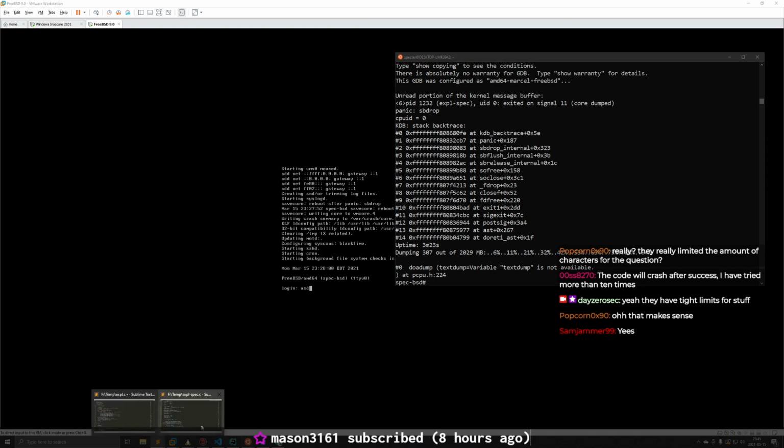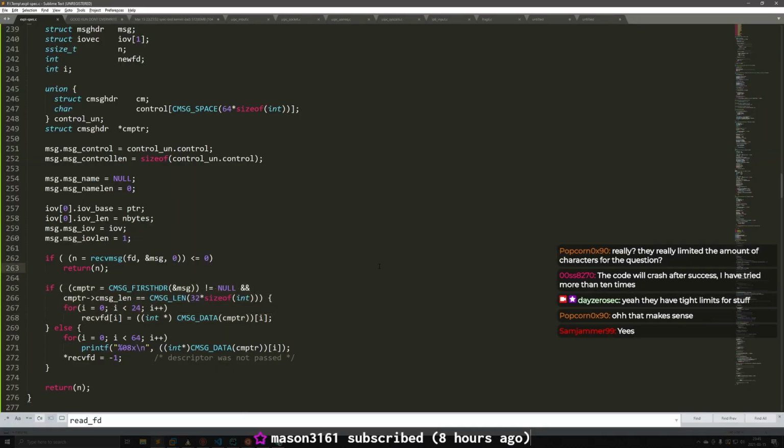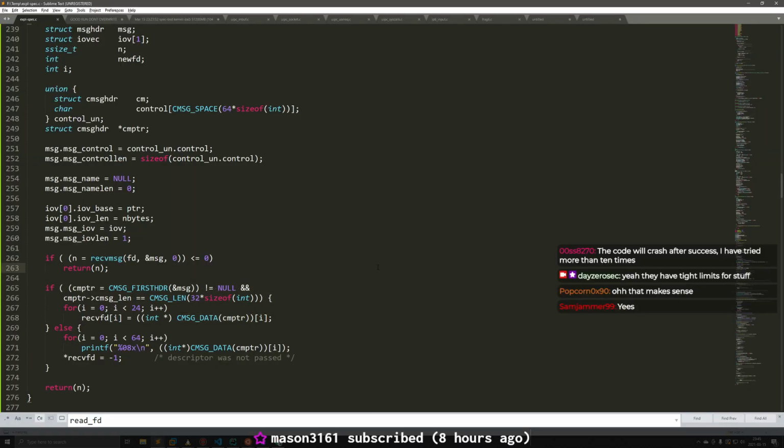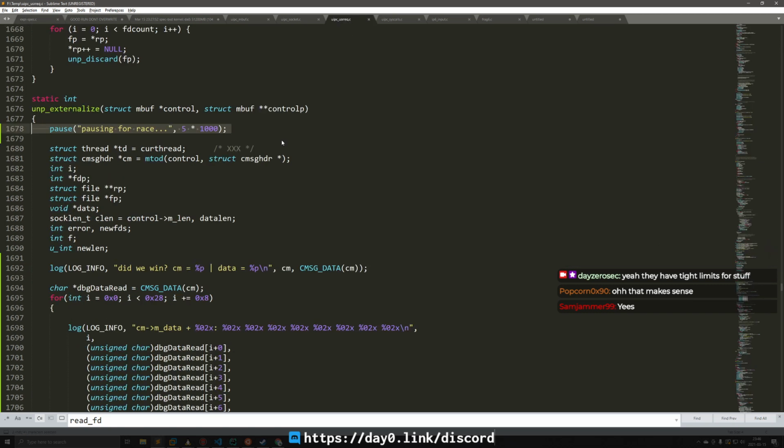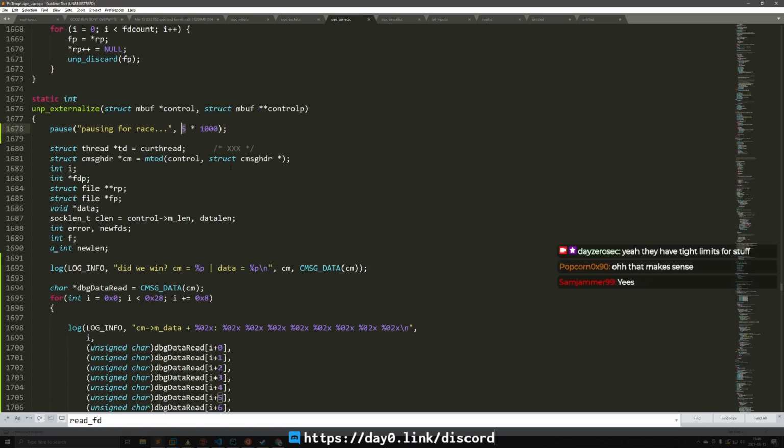So, like I said, we're going to continue with what I said earlier. I'm going to shrink the timing window down to try to hit it. And when we get to a point where we can no longer hit it, then we will tweak timings and stuff. So I think a good step down would be 5 seconds to 3. That's probably a fair step down. We can see if we can hit 3 seconds.